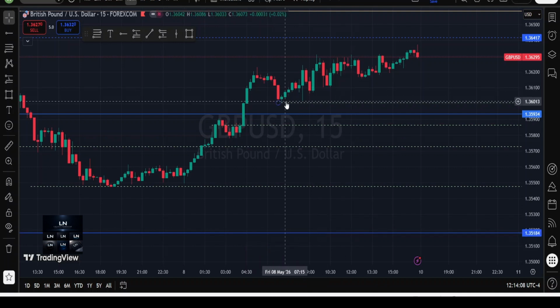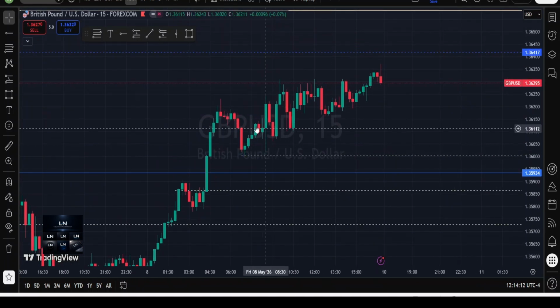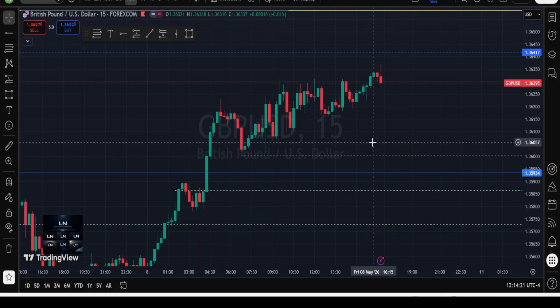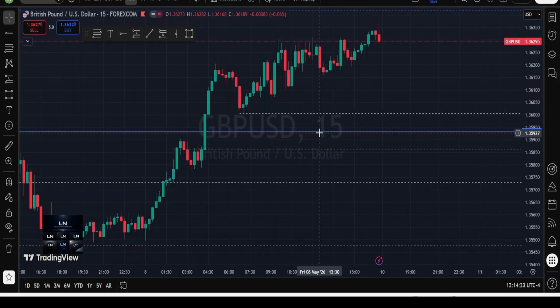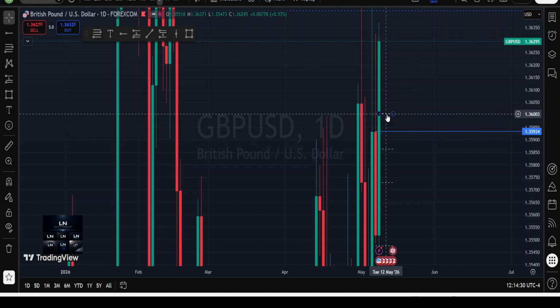So these are the areas where we are looking at price to get to. If price continues to buy, maybe price has to get to this level to give us a reason to start looking out for a buy. We watch this level. This is the first level we are watching out. Then we watch this other block on the daily time frame. If we move to the daily time frame, this is an order block. So we want to see price either taking out this price